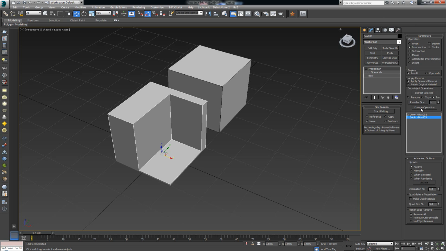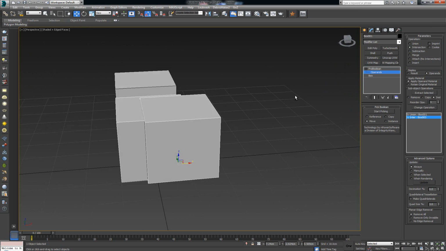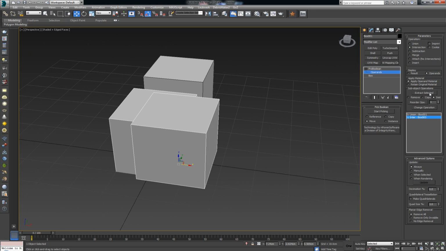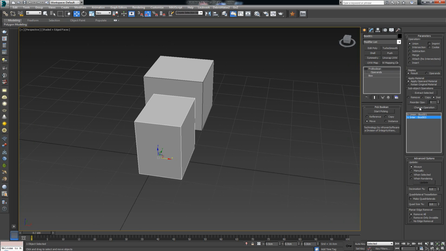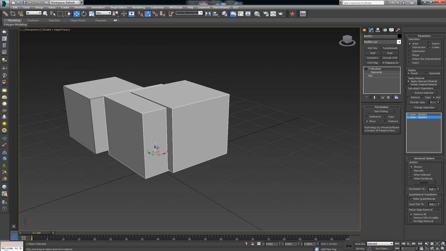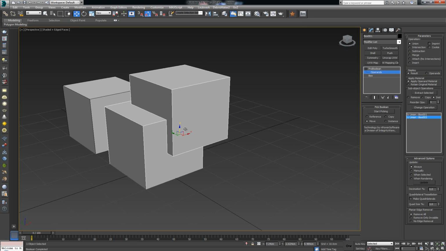So if I click change operation, now the only thing that's showing up when I click on operands and move this around is the volume that both of these boxes share between themselves. That is the intersection. On the other hand, if I change it to union and click on change operation, now you're going to notice that both of these are actually part of the same